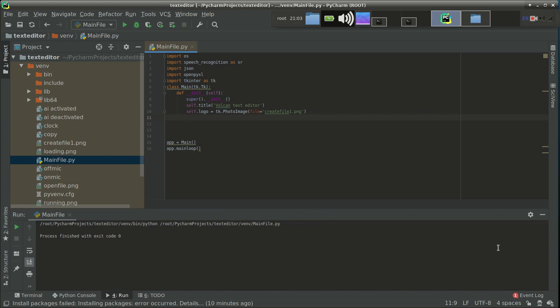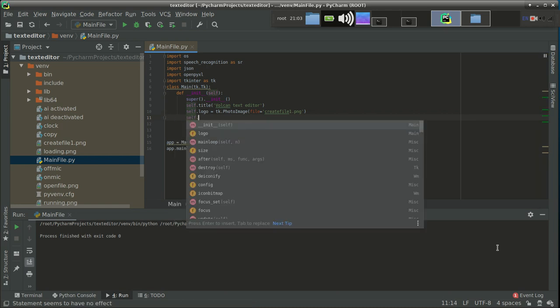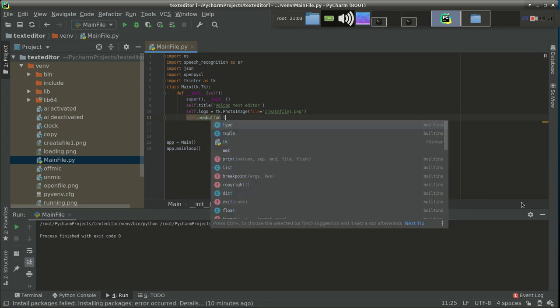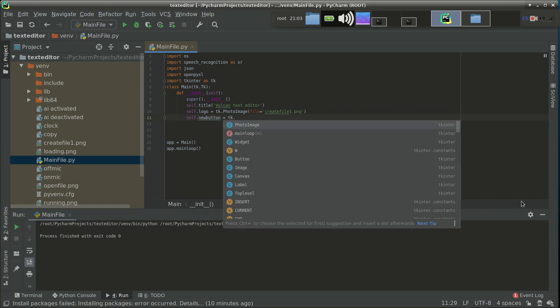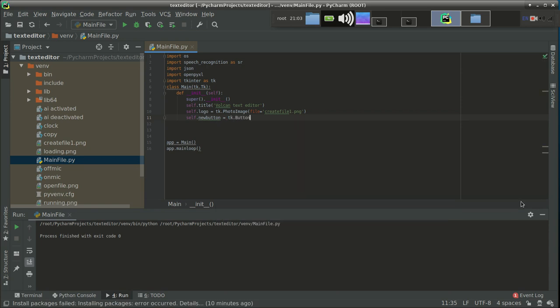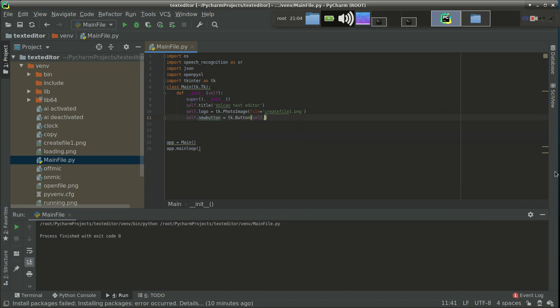So for using it, make a button first: self dot new button equals tk dot button. Self means this is the master window over which we are going to put that button.